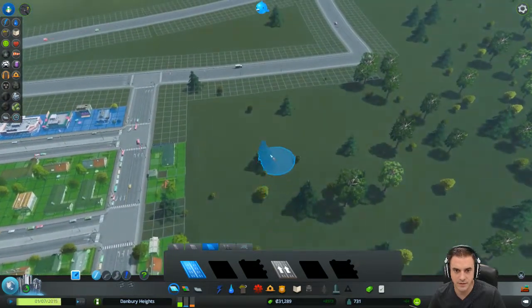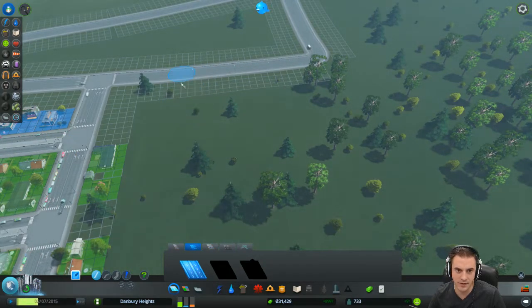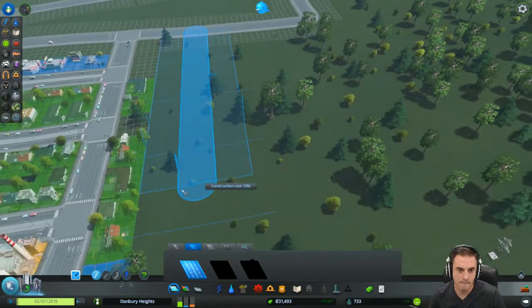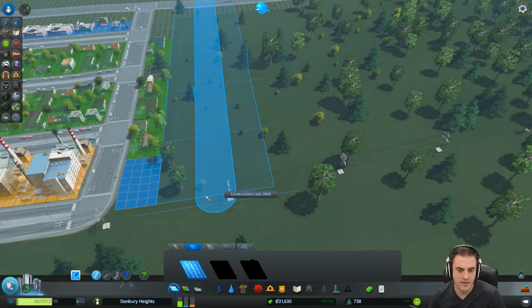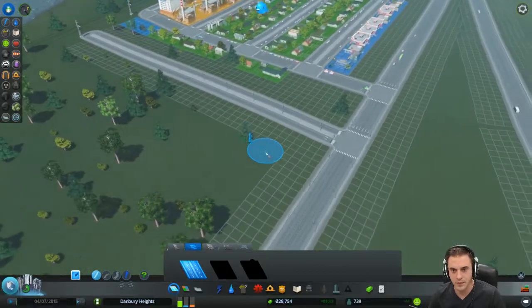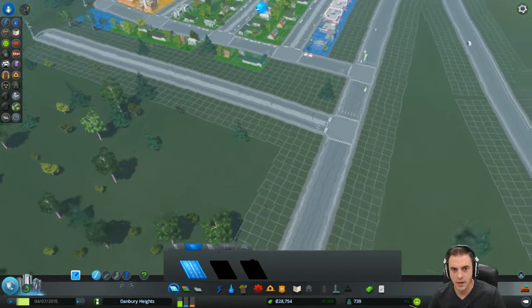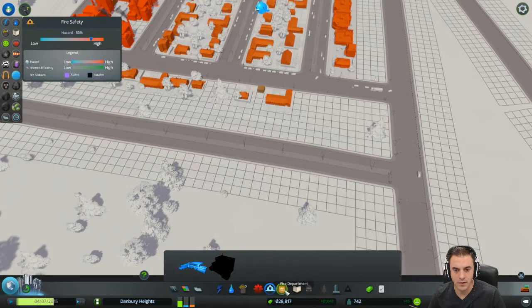So let's just branch. Let's sample here. We'll do a sample development. So say we take this all the way down to here. That's $3 grand. It's another little loop. And then let's go ahead and